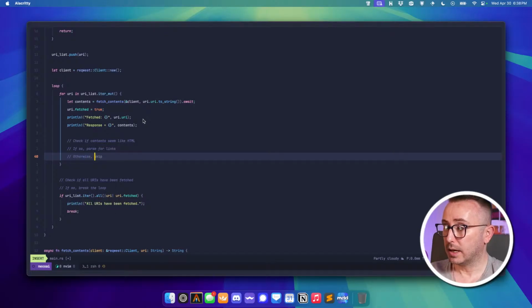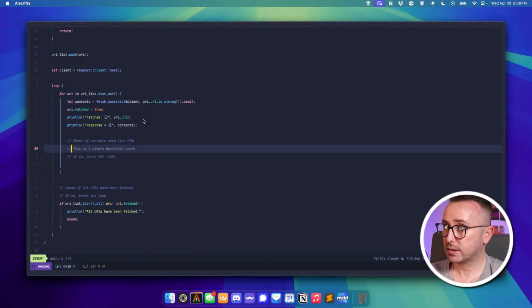Otherwise, basically right now we're not even going to worry about saving the contents. We're just going to iterate through all of the links. Otherwise, actually we don't even need to do it otherwise because we're not saving anything right now. So check if the contents seem like HTML. Okay, so we're going to say